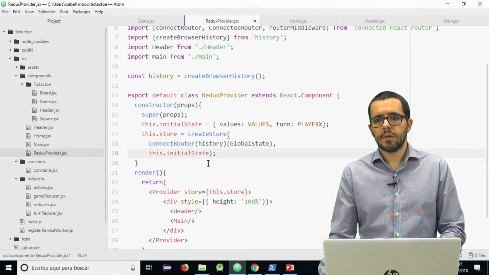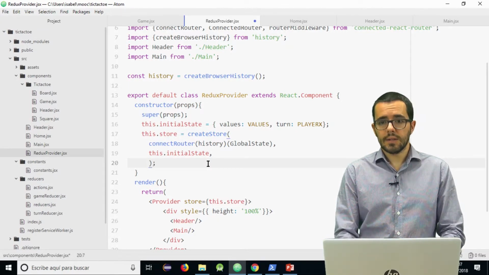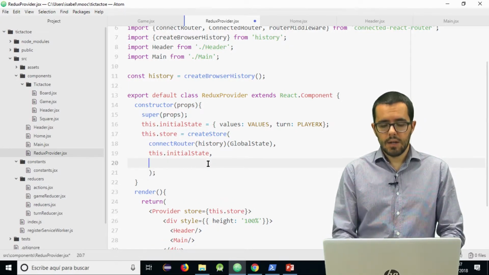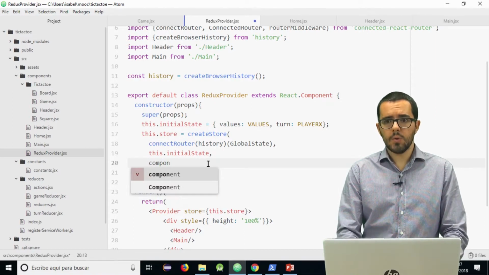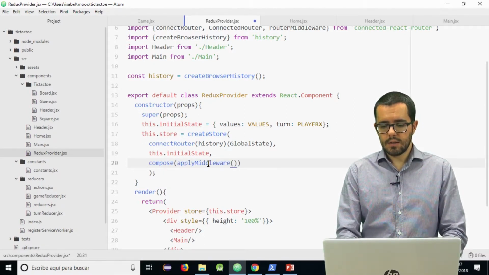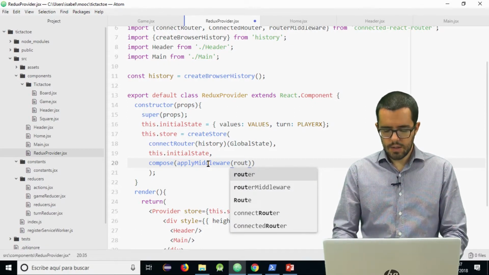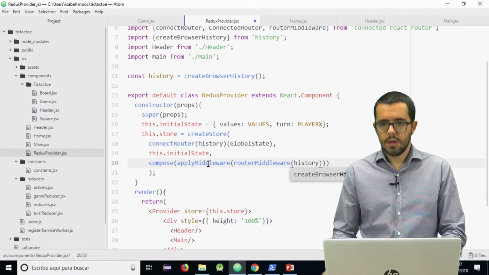As a second param, the initial state, and as a third param, the createStore method can receive a middleware, and we will compose the different middlewares that will be applied. In this case, just a routerMiddleware with the history as a param.